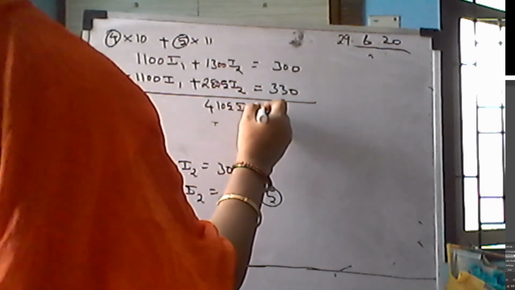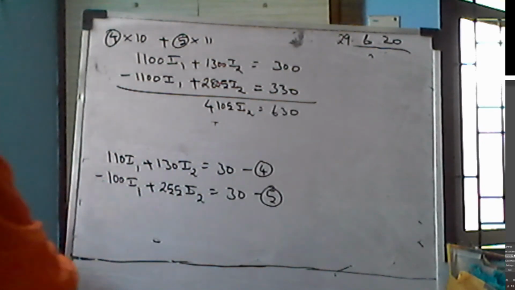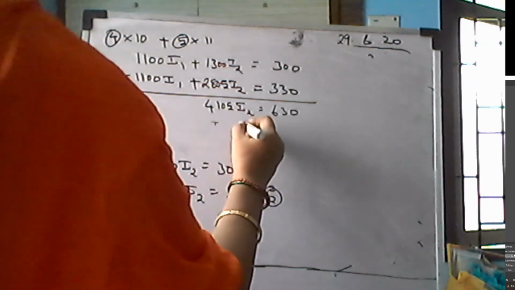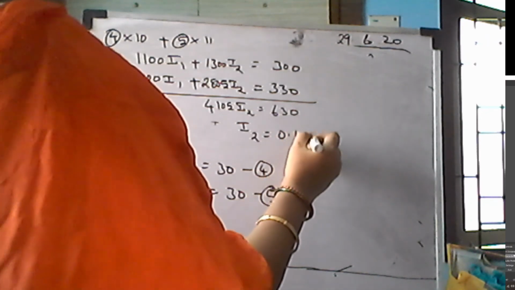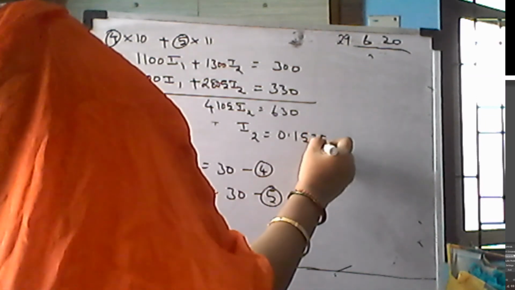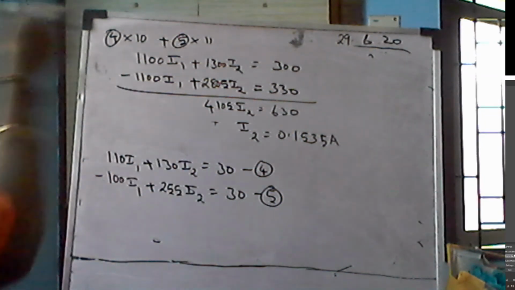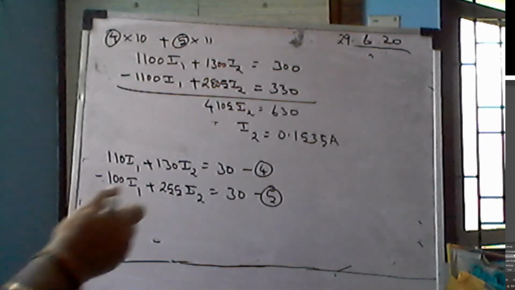is equal to 630. So I2 is 630 divided by 4105. That is, I2 is 0.1534, this approximately ampere. Now you can substitute anywhere and you can calculate the value of this I1, and then